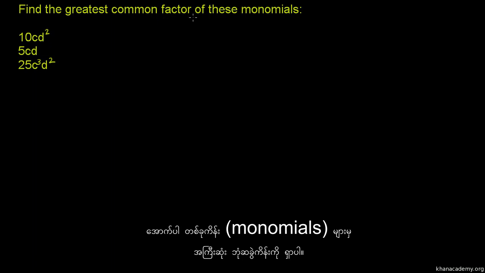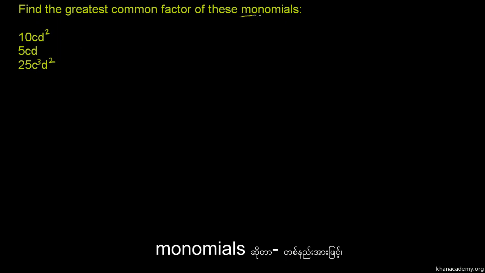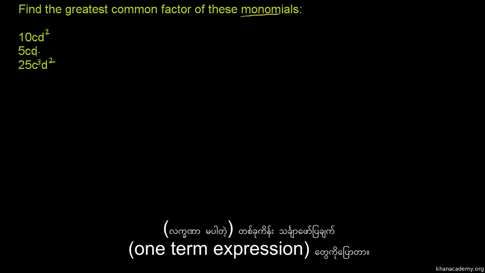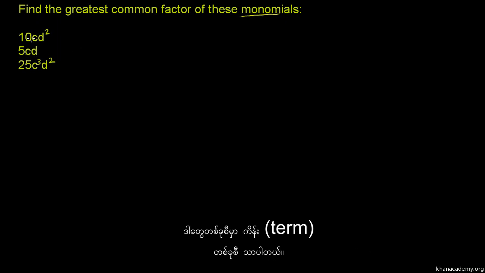Find the greatest common factor of these monomials. And when they say monomials, that's just a fancy word for saying a one-term expression. Each of these only obviously have one term in them. Now, to find the greatest common factor of these, the way I think about it is I like to break